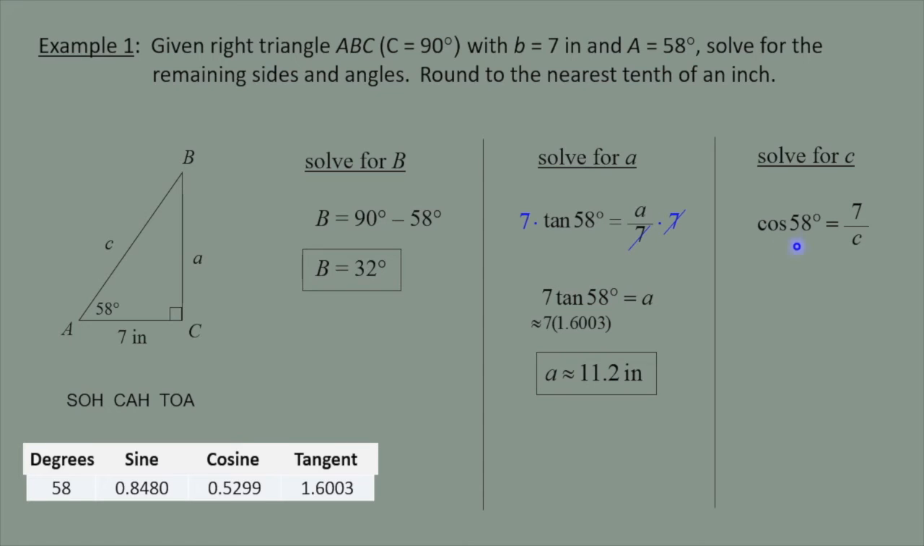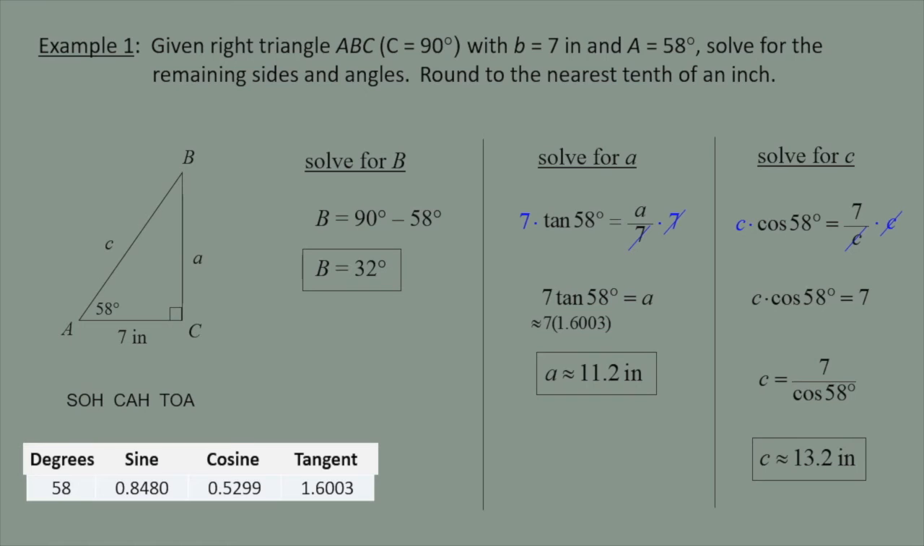Here we have our statement, cosine is adjacent over hypotenuse. The unknown value is now in the denominator. We still want to cancel denominators, so we'll multiply both sides by C, and that leaves us with C times cosine of 58 degrees is equal to 7, and we'll isolate the variable by dividing both sides by cosine of 58 degrees. We can plug this whole expression into our calculator, and that gives us approximately 13.2 inches rounded to the nearest